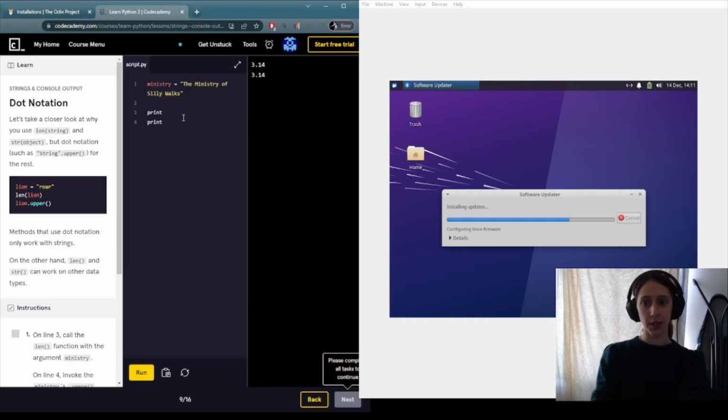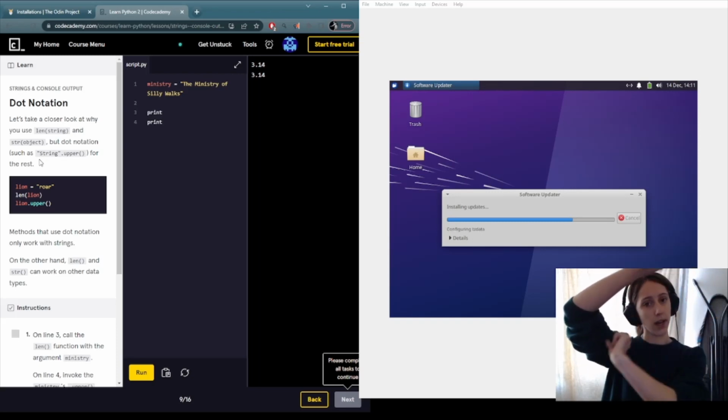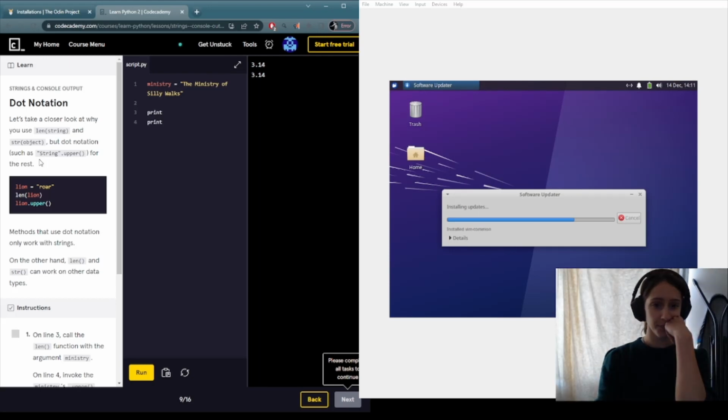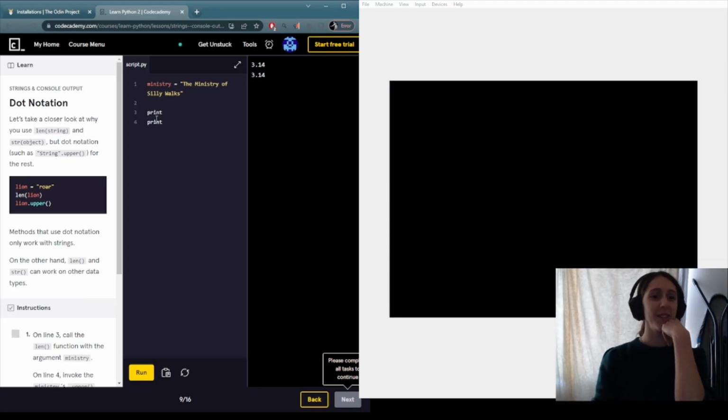So dot notation. This is what I was talking about just a few minutes ago. It's when some of these methods will require the variable to go inside of the method, and some of them will have the variable and then dot in the method. Not me doing all sorts of hand movements and things. So we're going to